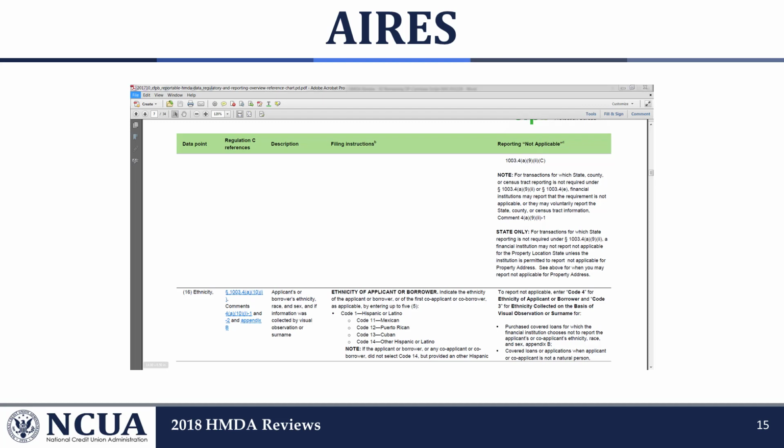The next 3 data points are commonly referred to as government monitoring information, or GMI. You're probably already familiar with the GMI because you've seen this data collected on the bottom section of the Uniform Residential Loan application. Number 16, ethnicity, describes the applicant's and co-applicants', if applicable, ethnicity. Applicants checking Code 1, Hispanic, for ethnicity may now provide one of 4 new disaggregated categories to further define their